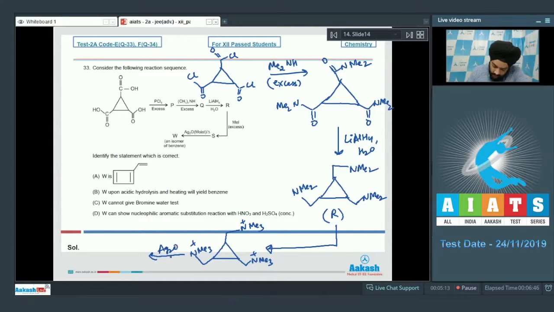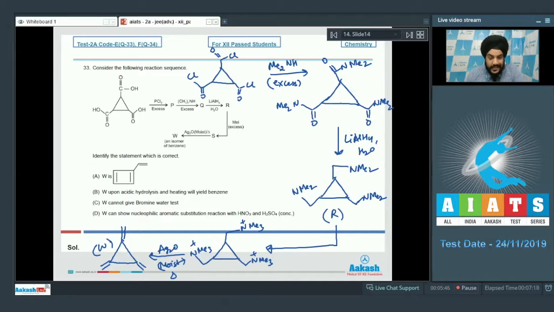So we have Ag2O moist in presence of heat to give us the Hofmann elimination. So we're going to get the formation of this compound, students, and we can clearly see that this compound is the compound W, which is an isomer of